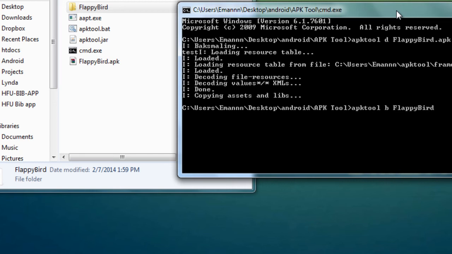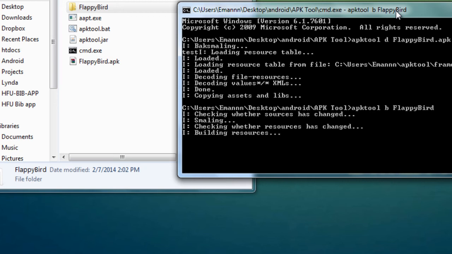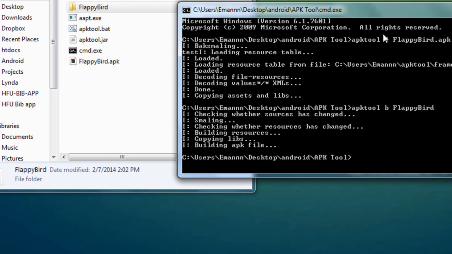So there you have it, and hit enter. It will be compiling the application. And there you have it.